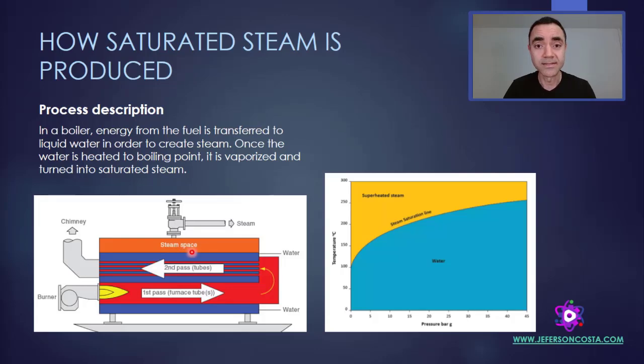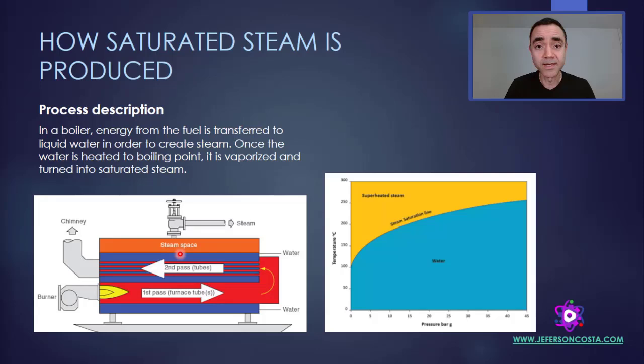But in any case, I will always have some kind of control valve releasing the excess pressure to the atmosphere, or eventually I will reduce the amount of energy that I am adding to my system to keep the steam at the desired conditions. Verify that, as I have the steam in equilibrium with the water, in this kind of system I will always produce saturated steam, no matter how high the temperature and the pressure of the system are.